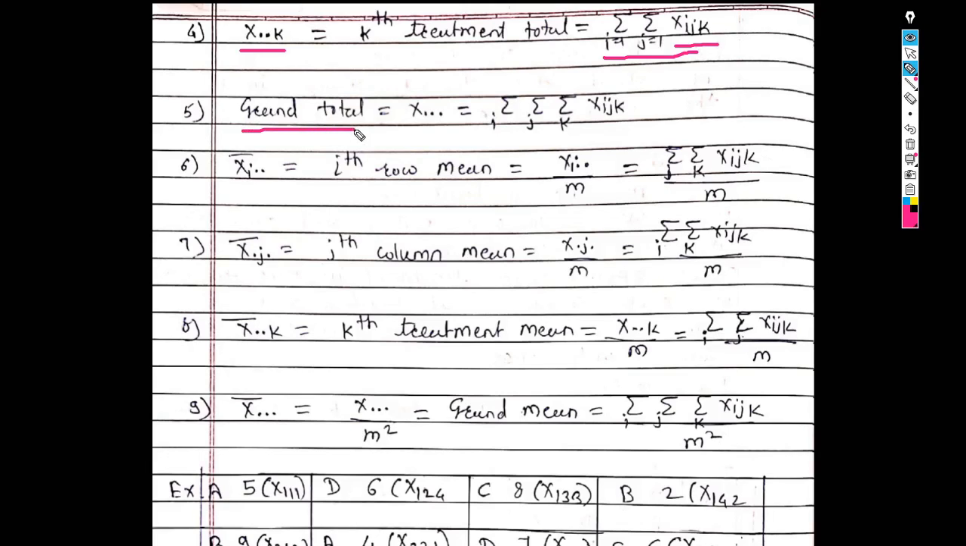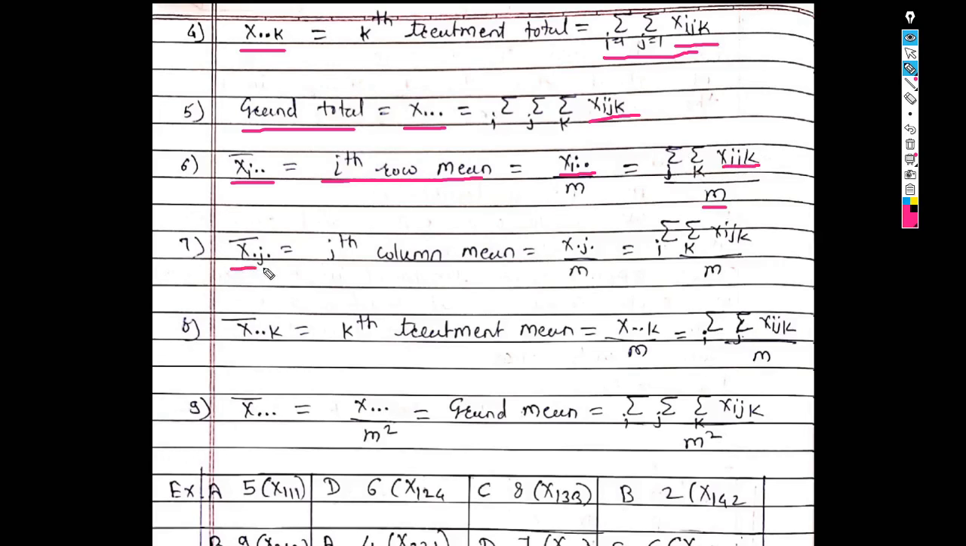Then the grand total is denoted by x_... It is defined as summation over i, summation over j, summation over k, x_ijk, meaning the sum of all observations. Then x̄_i.. is the ith row mean, and it is defined as the ith row total, that is x_i.. upon m,